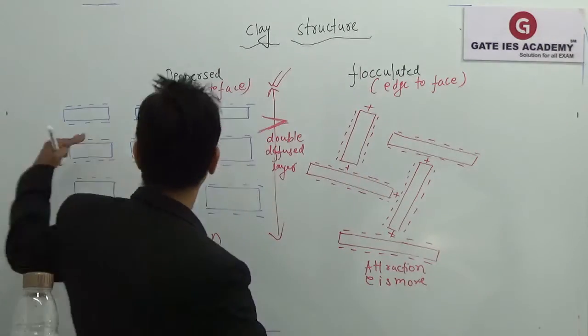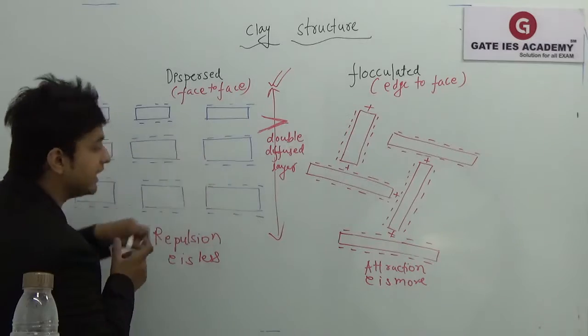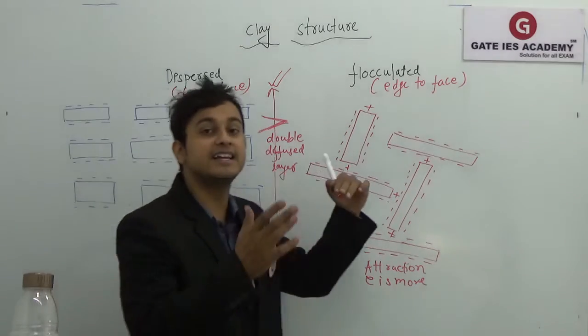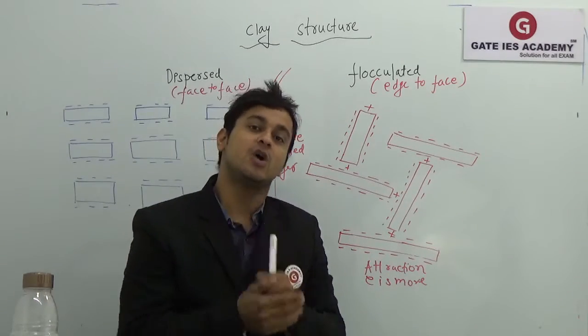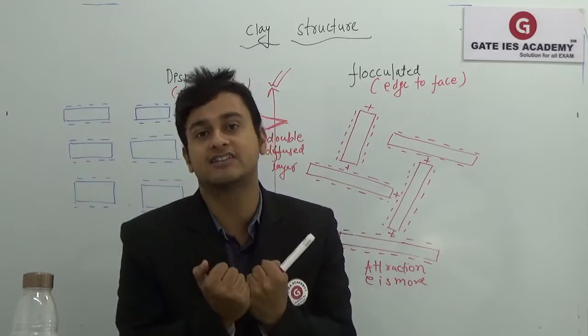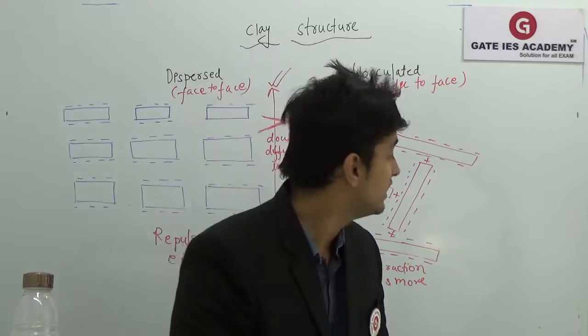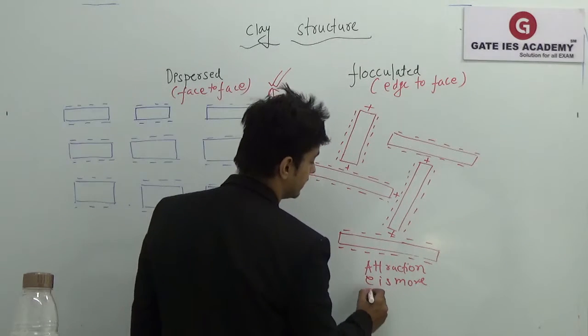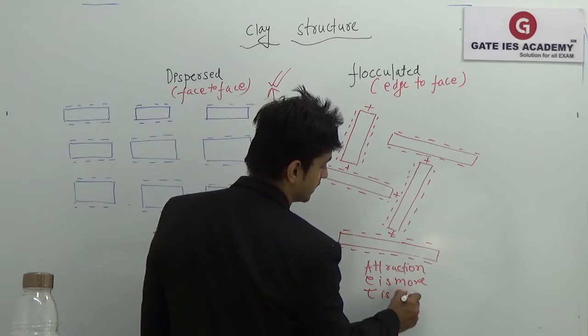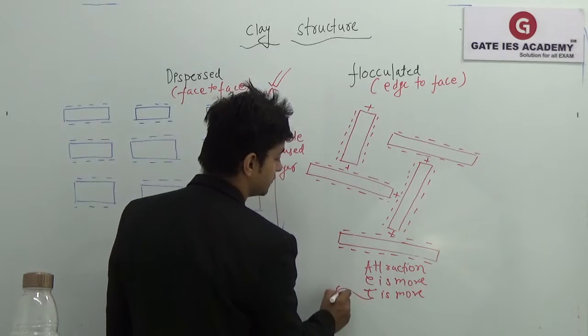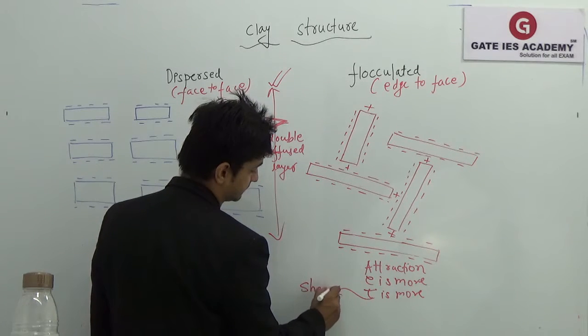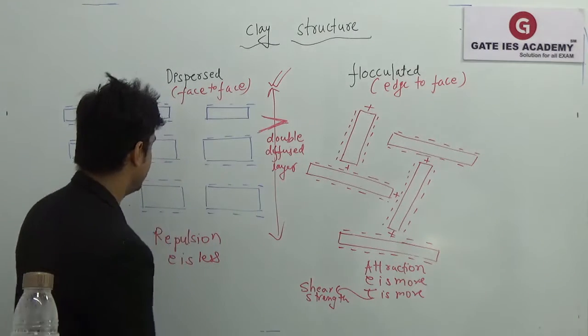In this case, one book will slip above the other. But here, as they are connected from page to page, they will hold things together because they will have larger shear strength. That's why here tau is more, where tau is nothing but my shear strength. Here tau is